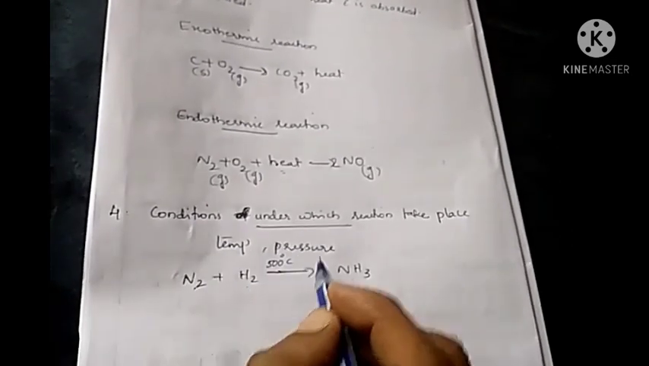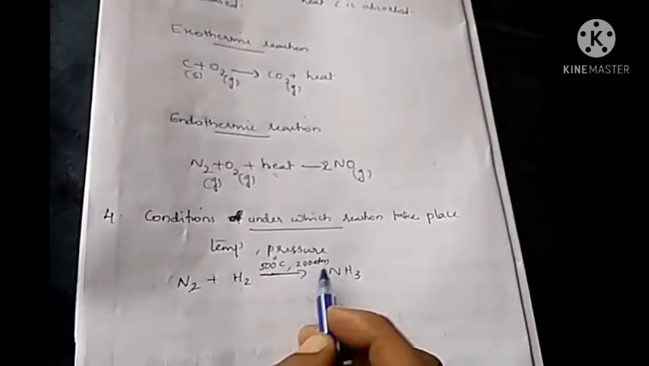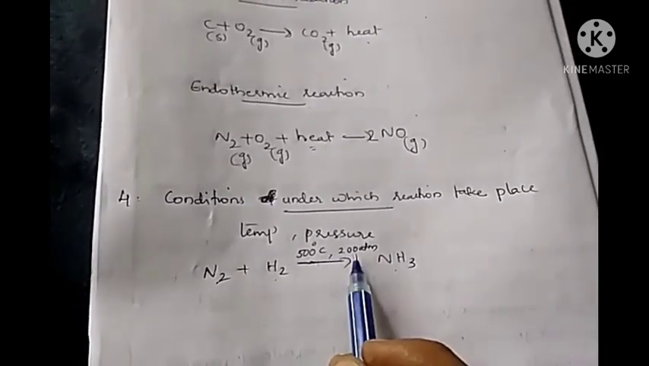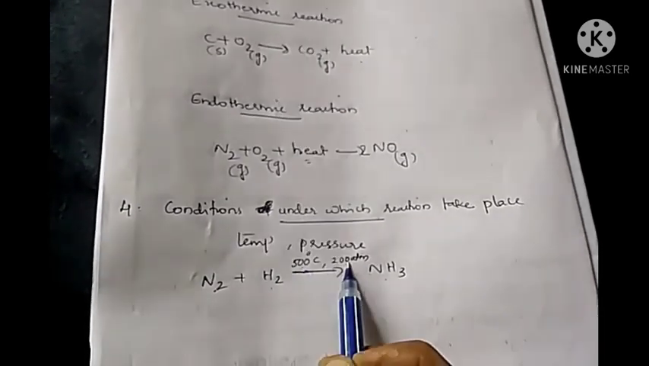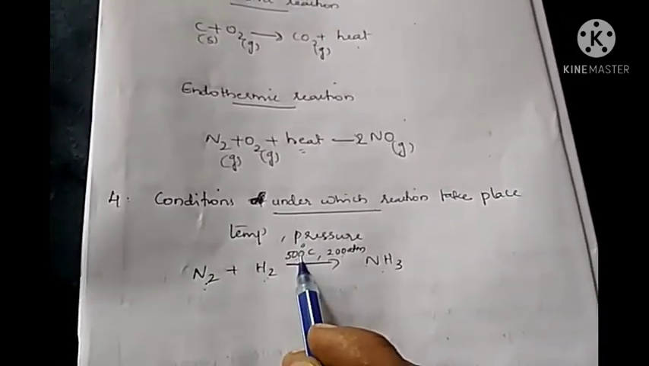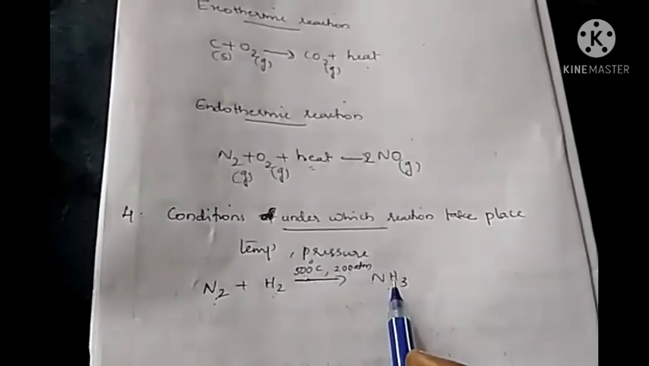And it requires 200 atmospheric pressure also. So that also we can represent above the arrow. So the condition of temperature and pressure at which this reaction is taking place, we are representing above the arrow. So here nitrogen combined with hydrogen at a particular temperature of 500 degrees Celsius and 200 atmospheric pressure and forming